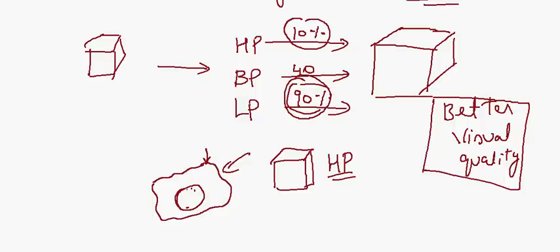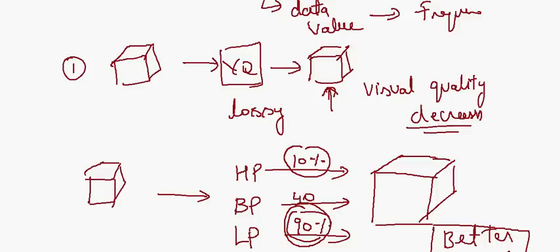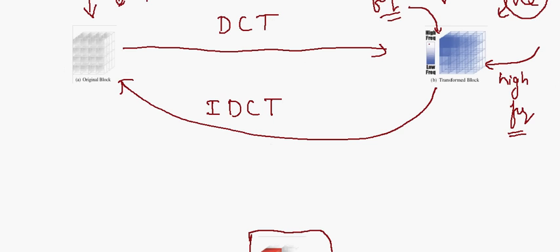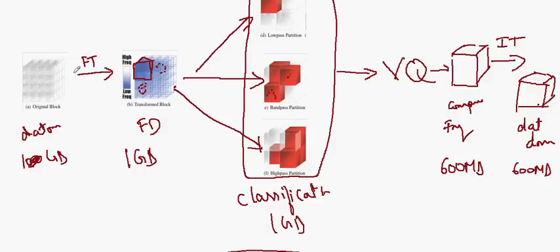So I think now the big picture should be clear. I'll again explain the big picture, what I am doing. I have data, I will forward transform the data and bring it to the frequency domain. In the frequency domain, I will have the high frequency data and the low frequency data. The high frequency data is at my mouse is not moving, I don't know what is the reason. So the B block is the transformed block,